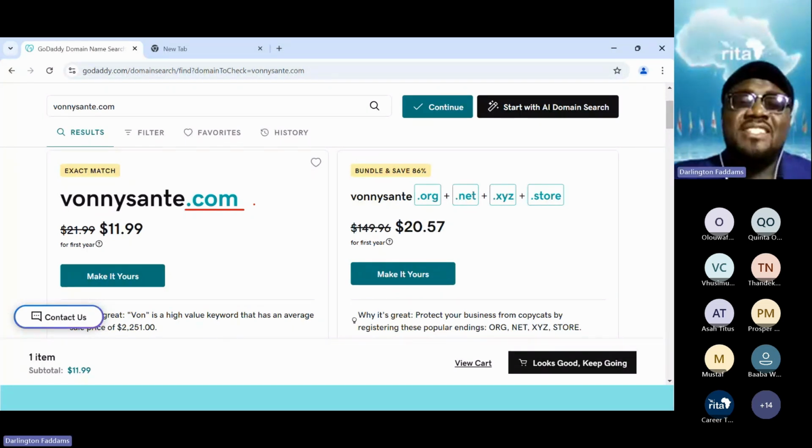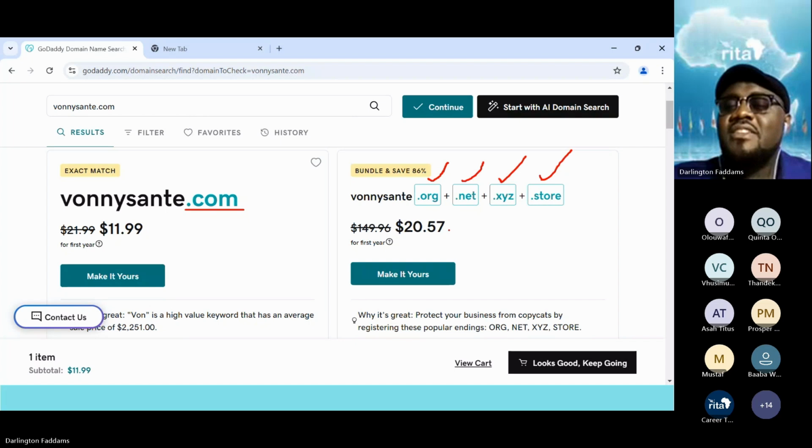Or it could mean that vonisanti.net is available, because GoDaddy is saying that vonisanti.org is available. Please take it. Plus take .net, plus take .xyz, plus take .store. All of them, they'll give it to you at $20. Wow, that's a cool deal.